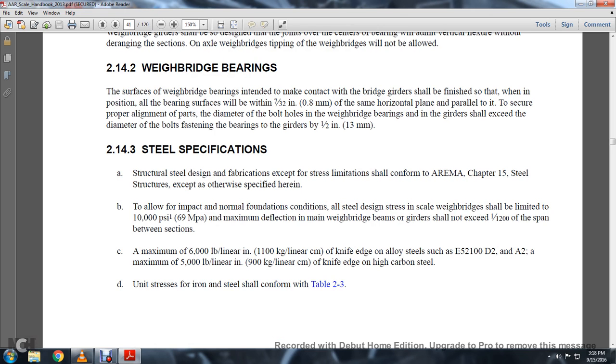Structural steel design fabrication except with limitations shall be conformed to the REMA Chapter 5 steel structures except otherwise specified herein. To allow impact normal foundation conditions, the all-strain steel design stress and weight bridge shall be limited to 10,000 psi. Maximum deflection of weighing bridge beams that shall be girders shall not exceed 1/1200th of the span between the section. A maximum of 6,000 pound linear inches of the knife edge to allow the seal such as